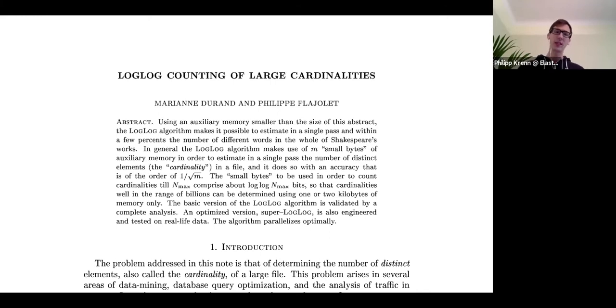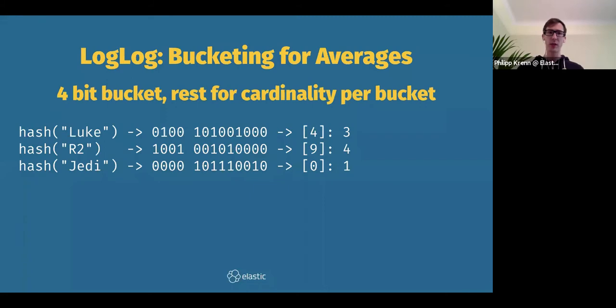So you're using a single hash function, but you're using it in multiple ways. What this is doing is bucketing the hash values into different groups. Here, these are made up values, but for the idea, they illustrate that. So we hash Luke, and this is the binary representation of the hash that we get out of that. Then this part on the left-hand side, we use for the bucket. So we group our hash values into different groups or buckets. And then for the remainder, we just count the leading zeros from the right.